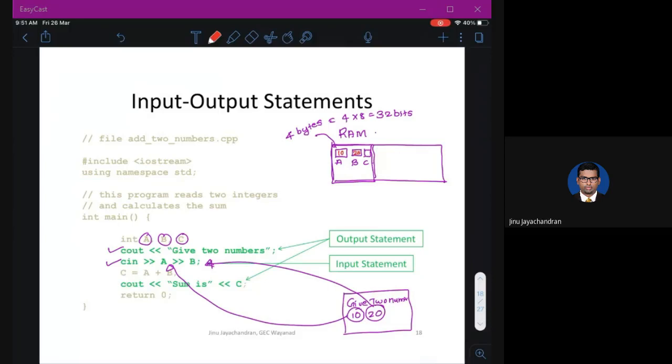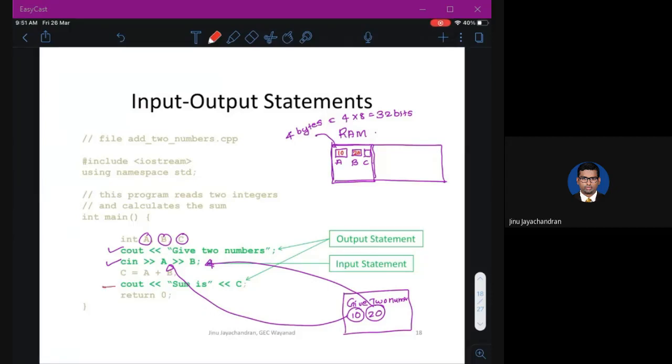Cin A and B takes whatever you type after this: the first number will be put inside A, the second number inside B. That will be inside this RAM. There's a memory location for A, there's a memory location for B, with values 10 and 20.